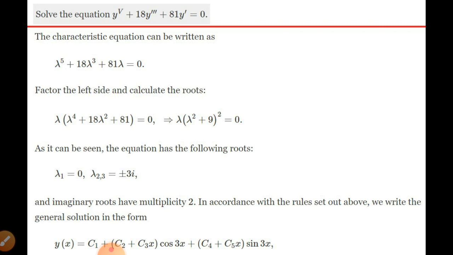So this is the first procedure, and such a solution is called the general solution, or we also call it the complementary function, CF. Now if the terms on the right hand side of the equal sign are not 0, if they are some functions of x or some constant, then how will we proceed? Such an equation is called an inhomogeneous differential equation, and for finding the solution of such an equation we first calculate the equation considering these terms as 0.